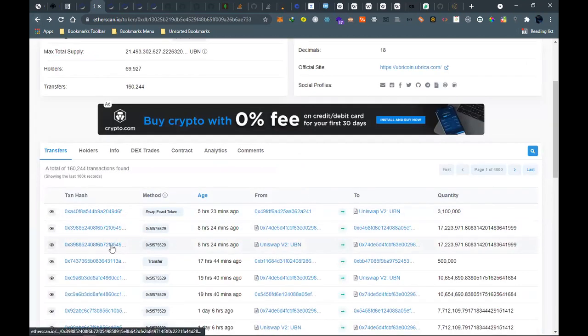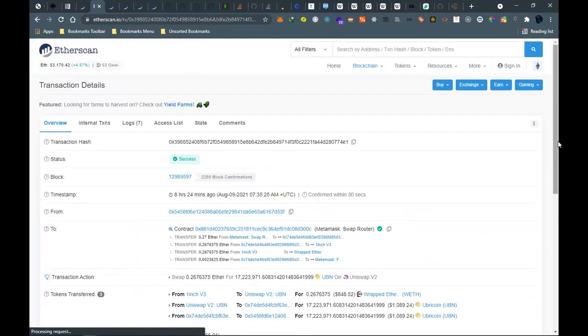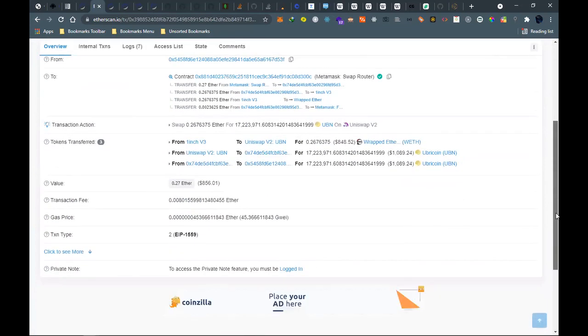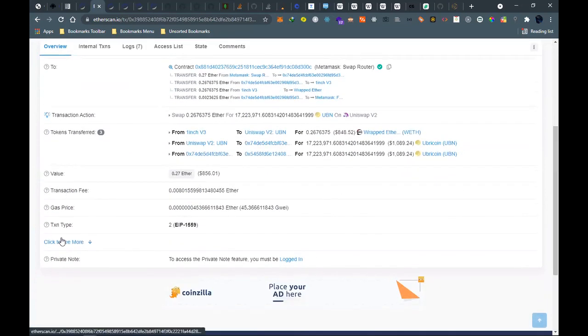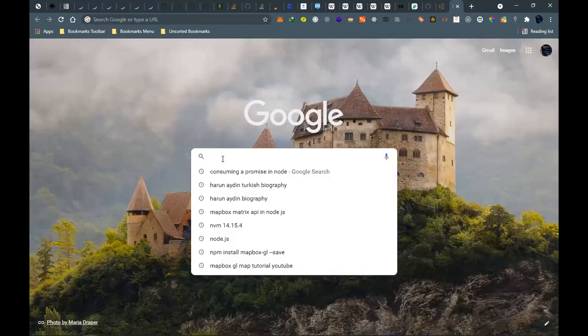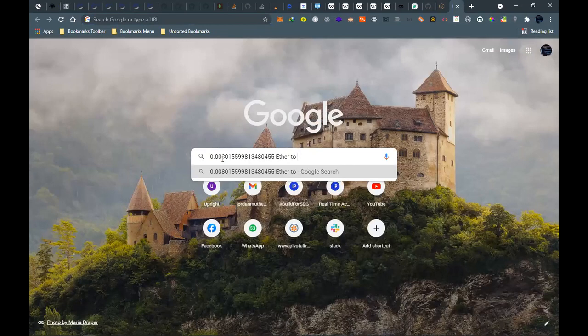But for this one, which happened 8 hours ago, how much are you paying? So, the transaction fee. Try to see. It's a big figure.